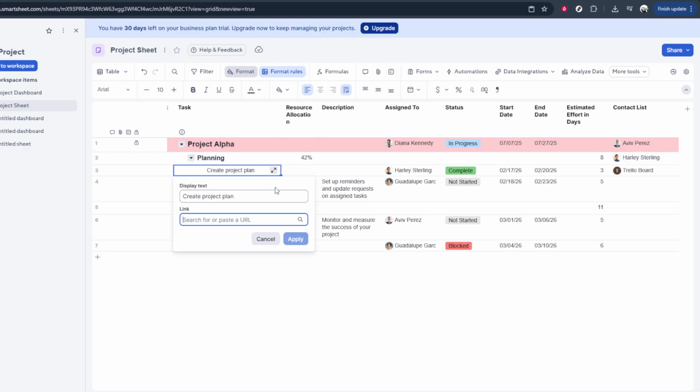When everything looks good, click OK or Apply, depending on what you see on your screen. Your cell is now hyperlinked. You can hover over it to preview the link or click it to make sure it opens the right destination. This simple action can make your Smartsheet much easier to navigate and more